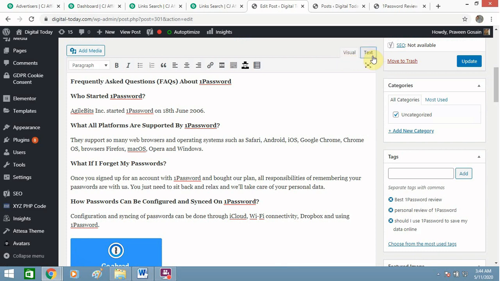Just wait for a while. As per your internet speed, it will show you these pages and codes. So you just need to copy it and paste it here. You don't need to do anything special, just copy paste it and click on update.